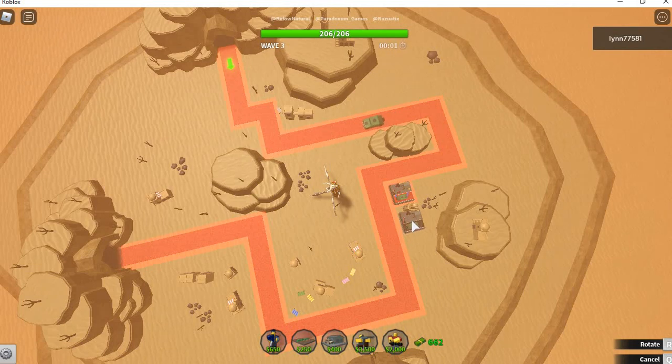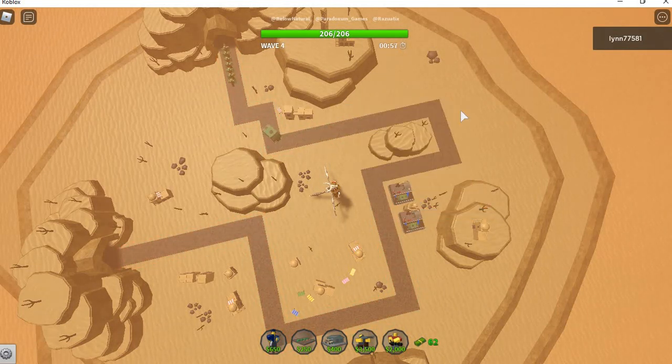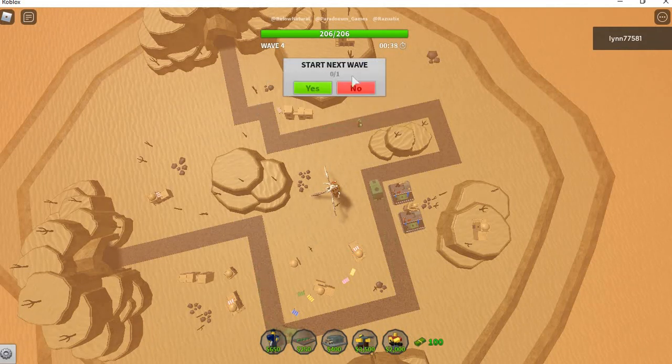Now we can place our next truck and give it an upgrade. You'll notice I have not touched farms just yet. Farms will come. They will come and they will be useful. But right now, they're not very useful. We want to make sure we stay alive and that we're killing mobs, or the horde or whatever you want to call them. Okay, we're going to say no to that. And once this guy is dead,